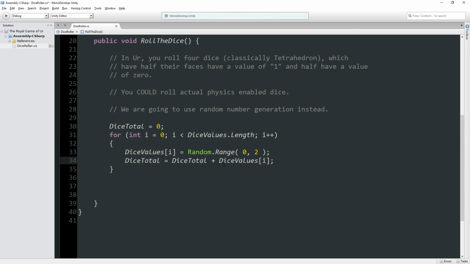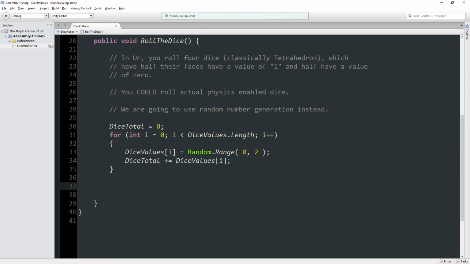Like that. But you can make it a little shorter. Now, usually I like to go for legibility, and shorter is not always more legible, but in this case, I think it is very nice to do this. Dice total, we're going to add this dice value over here like that. Boom. So at the end of it, dice total contains our total